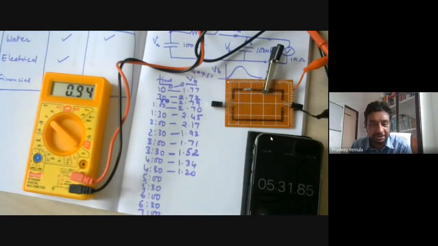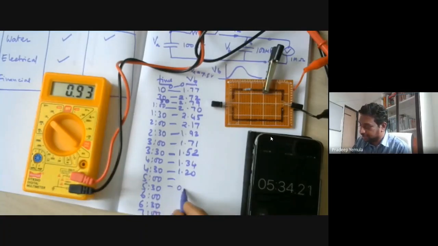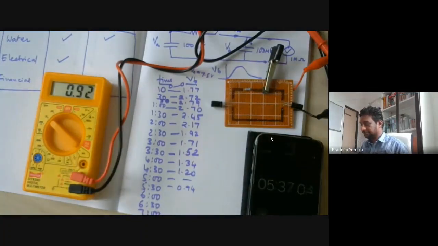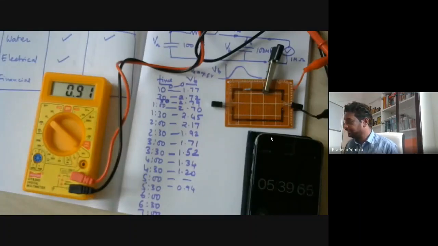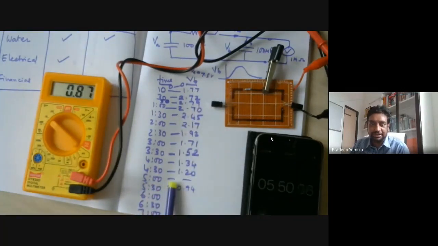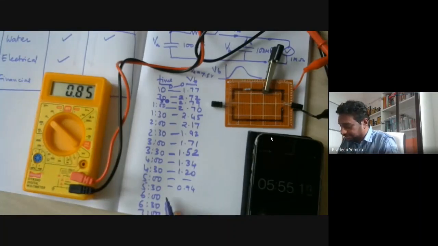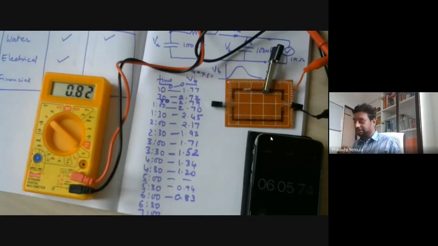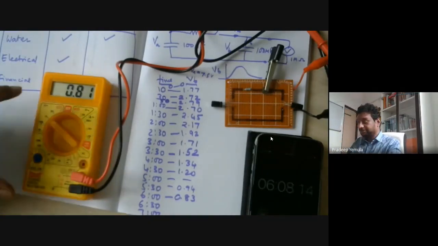Okay, so 5.5 minutes. I'm sorry, I was just doing quick calculation. So this reading we did not have. But anyway, I think we got the idea. So let's stop the experiment here. And then now the next step is to try to recreate these numerical results. This is experimental result. We want to match it with the actual results. Okay, so let's take the final reading of 6. So 0.83. Okay, so I will leave it here, and let's go back to our analysis.